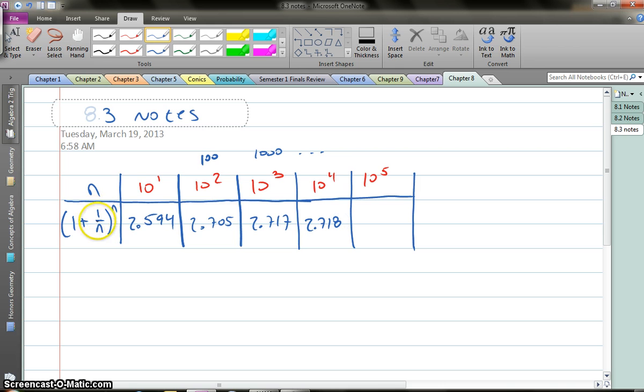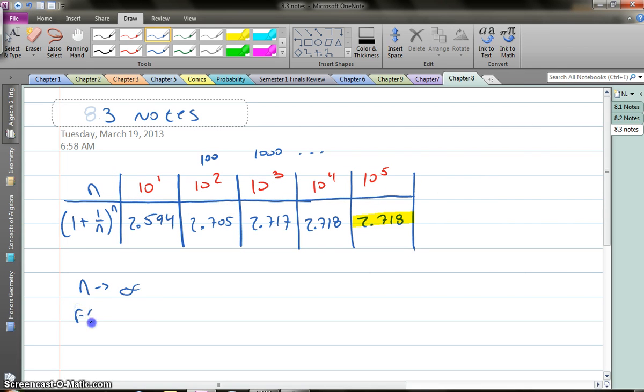Again, your fraction's getting smaller, and this exponent's continuing to grow. If you go 10 to the fifth, you get 2.718. This is our number right here. So what Euler said is, as this gets smaller and this gets larger, your numbers actually approach this 2.718 number. So as n goes to infinity, because these numbers just get larger and larger,